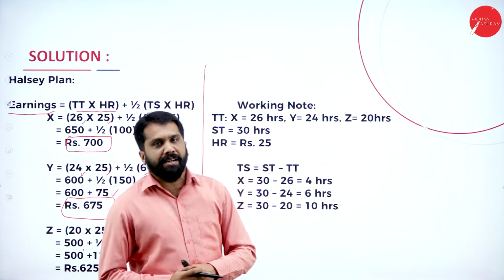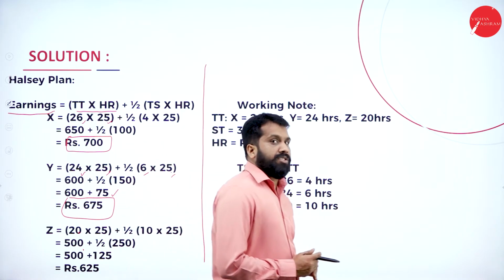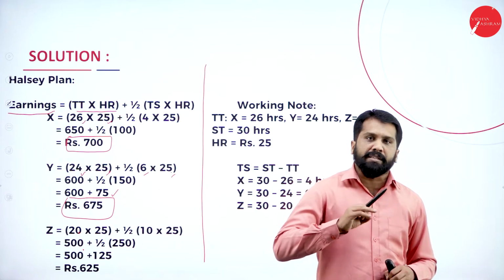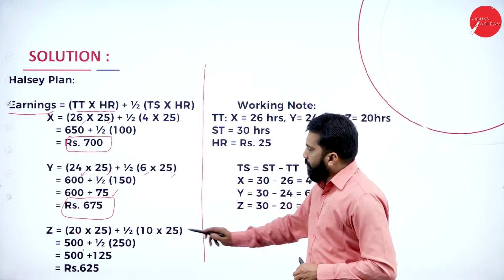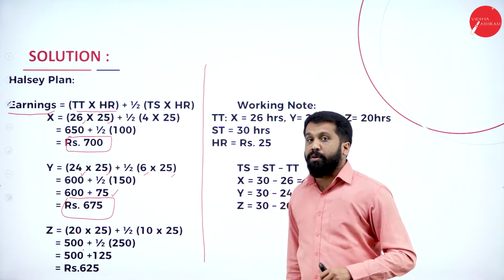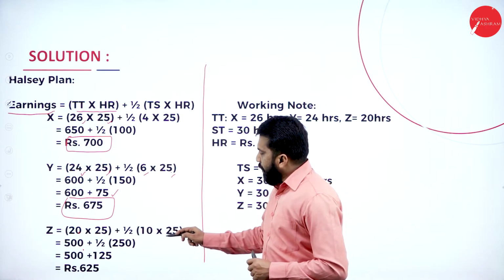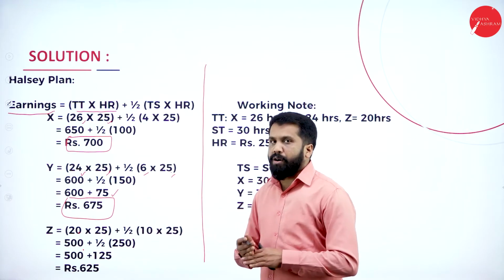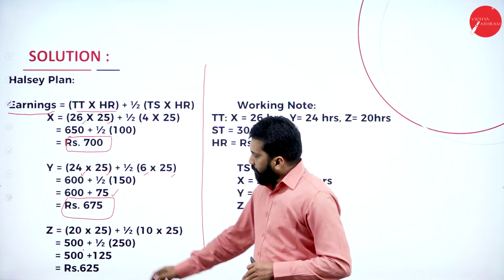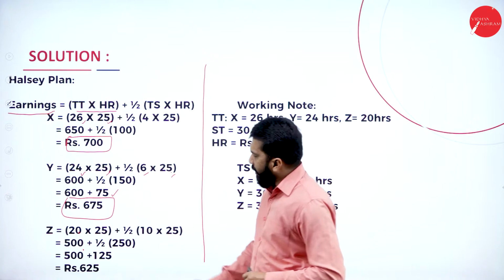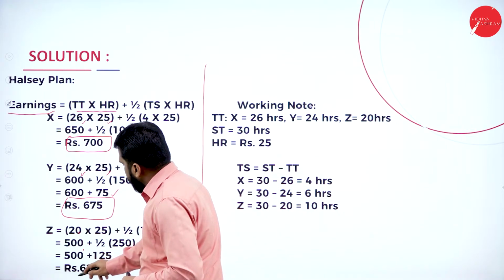He saved 10 hours. Half of the 10 hours is how much? It will be 5 hours. Now, 5 multiplied with 25, you will get around 125. But here what we have done, we multiplied first, later we calculate half. Anything can be done. You got 125, add both, you will get